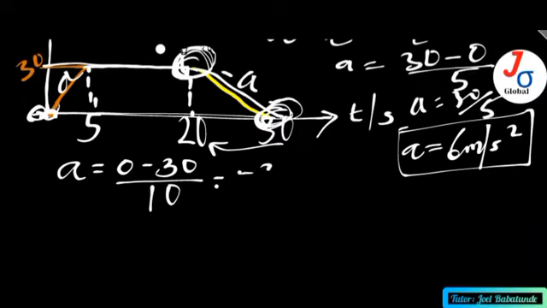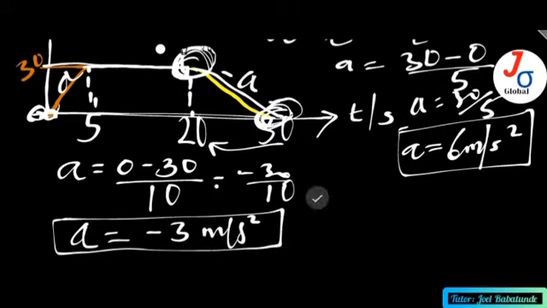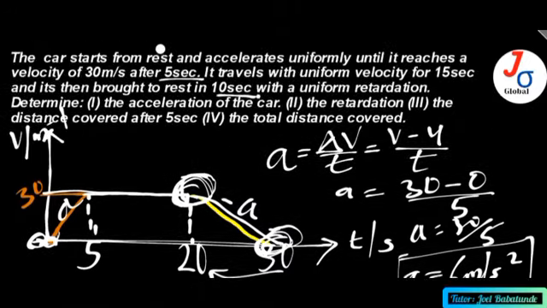That's minus 30 divided by 10. And so the retardation is actually minus 3 meters per second squared. So that tells us that the acceleration is actually decreasing. That's why you have this negative here. Minus 3 meters per second squared. Then we have